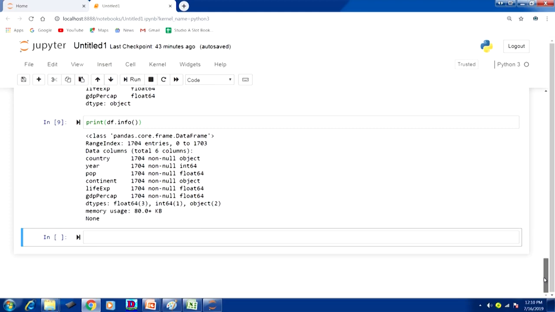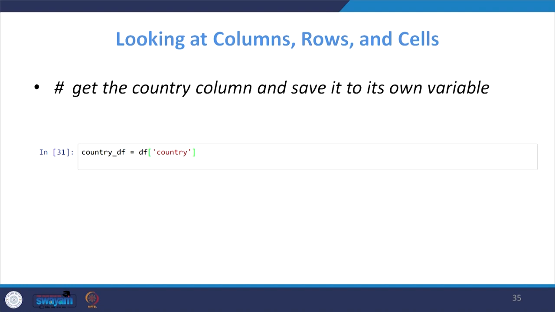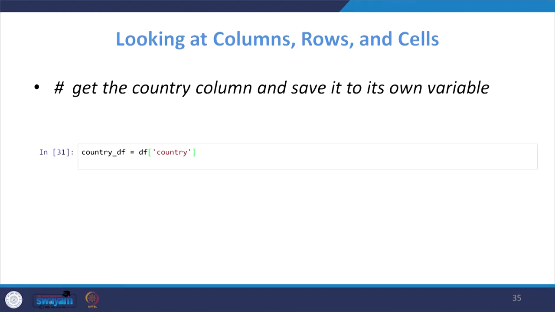Population is float, continent is object, life expectancy is float, GDP per capita is float, and the memory usage is this much. Suppose there is a big data file and we want to see specific rows or specific columns. How do we do that? Now, get the country column and save it to its own variable.